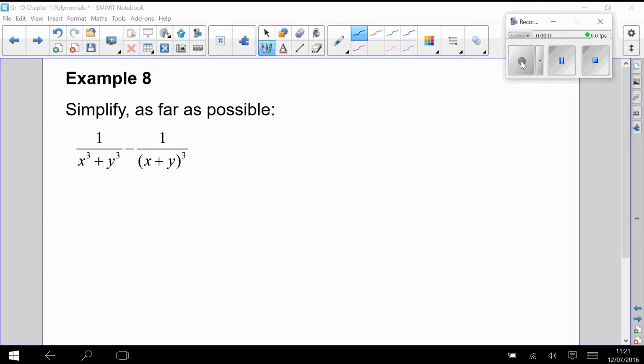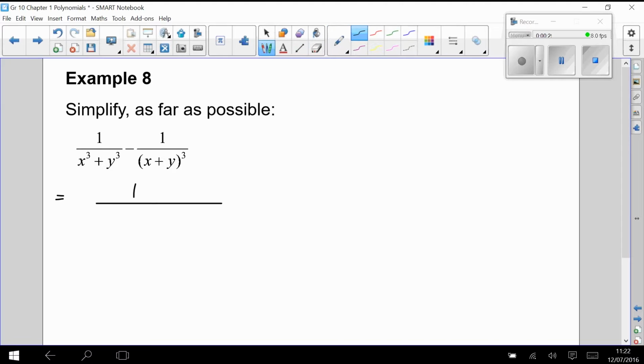Example 8 has been given because you might be tempted to say that x cubed plus y cubed is going to be x plus y all cubed. Clearly, this is not the fact at all. And so what we need to do is we first need to find what our denominators are going to look like fully factorized. Factorizing my first denominator using the sum of cubes, I find that I'm going to have